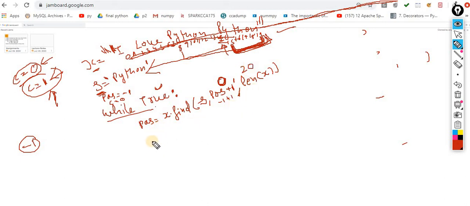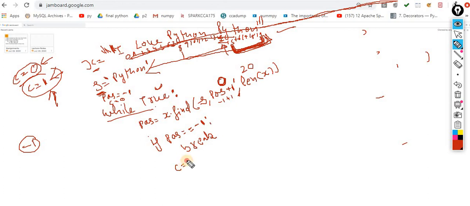Now understand it, if position is equal to -1, double equals to -1, then what you have to do? You have to break the entire process. Otherwise, if this condition is not satisfied, then proceed for the next.